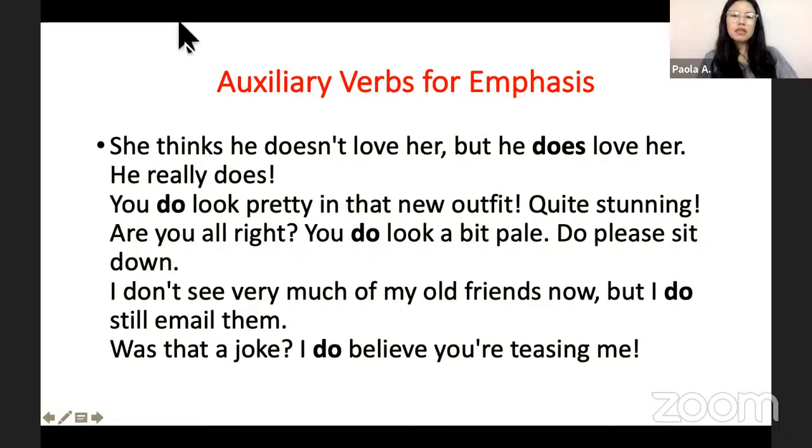So in this example, we're seeing many different ways to emphasize, right? But remember, we can also emphasize the verb be. It could be am, is, or are. It could be was or were. We can also emphasize with the verb. Sorry, I'm going to write here. Now we can emphasize the verb be in all its forms, right?